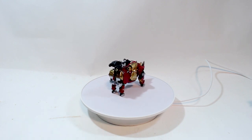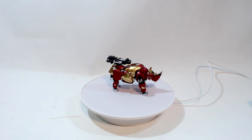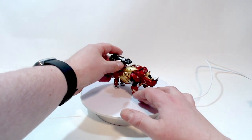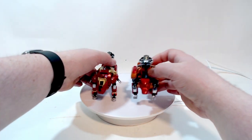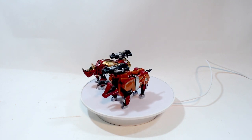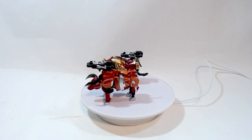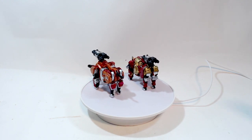Alright guys, so before we get into combined mode, let's do some size comparisons here. We have our Rhino Mini. Let's go ahead and bring in his brother, Land Mini. So you can see how those guys look together. Very, very nice. And of course,